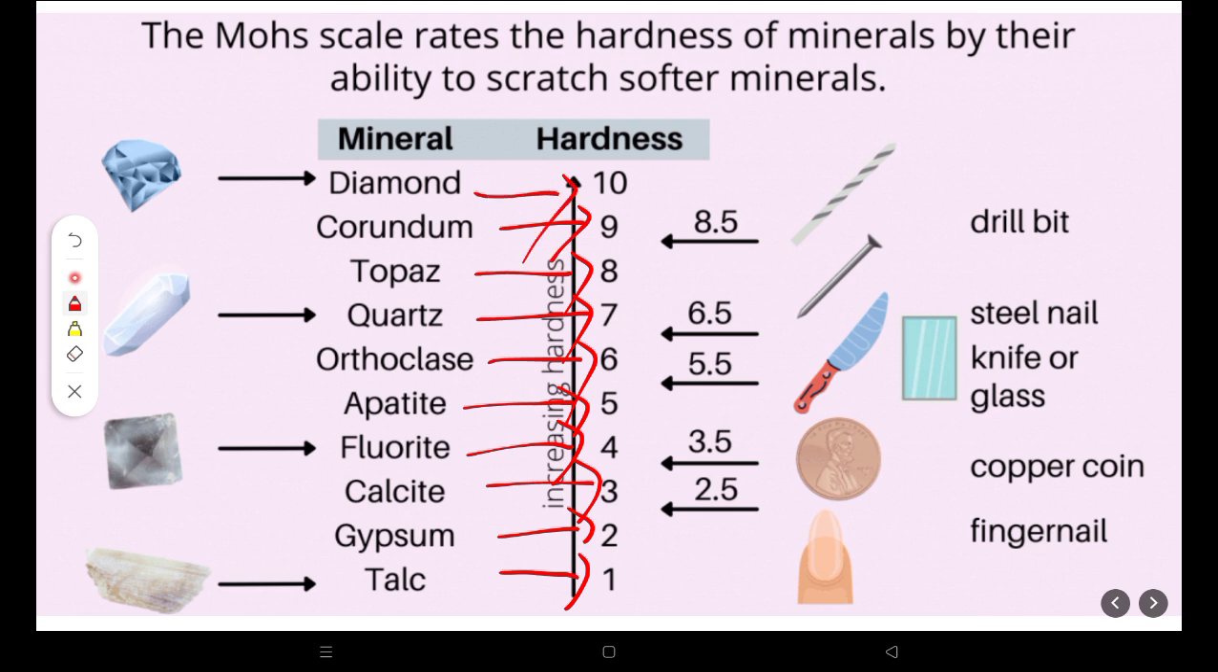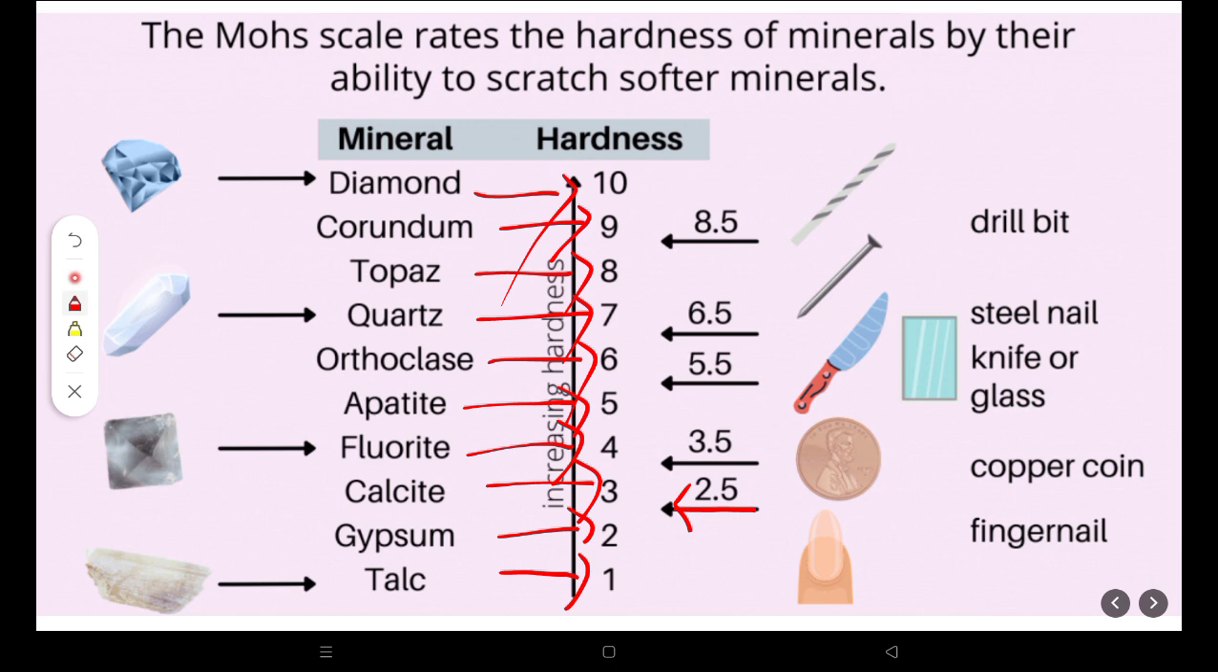There are also some materials with known hardness given, like a fingernail whose hardness is 2.5. So if we are getting a mineral, if we can scratch the mineral with a fingernail,